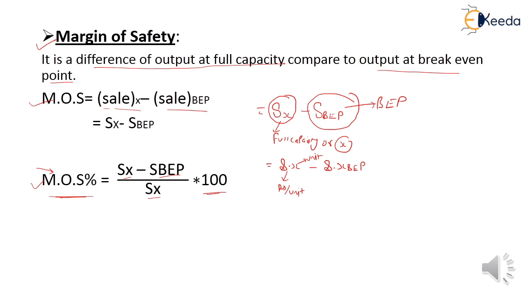Clear to all? In this session, we discussed what a break even chart is, what a break even point is, and what formulas are applied for the volume of production corresponding to the break even point and the volume of production corresponding to a profit. We also covered the contribution margin and contribution, PV ratio (profit volume ratio), and margin of safety. Clear to all? Okay.